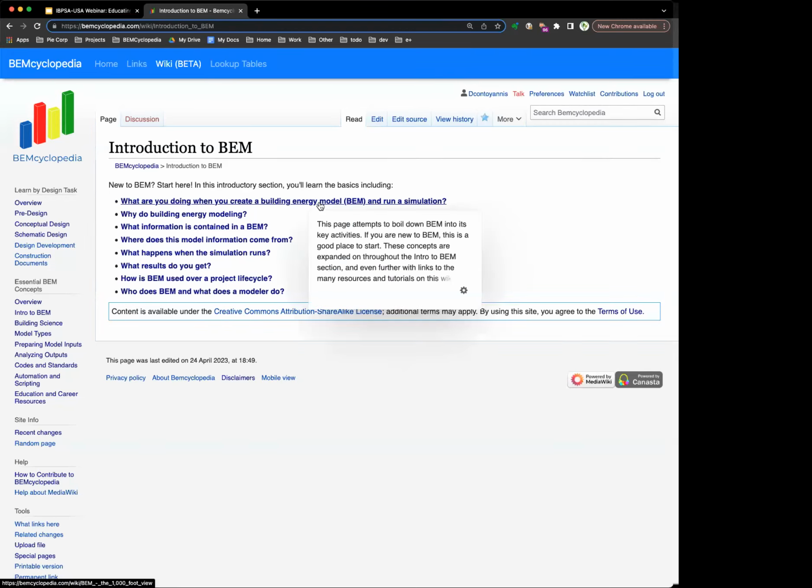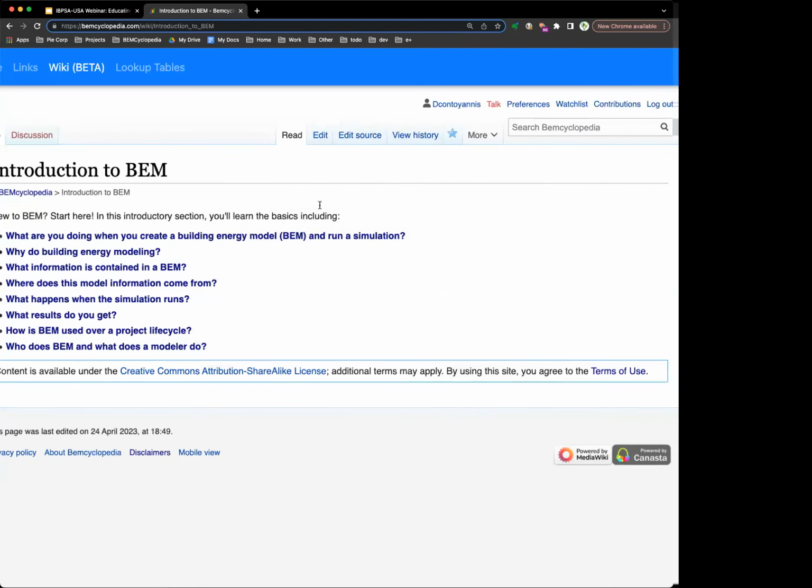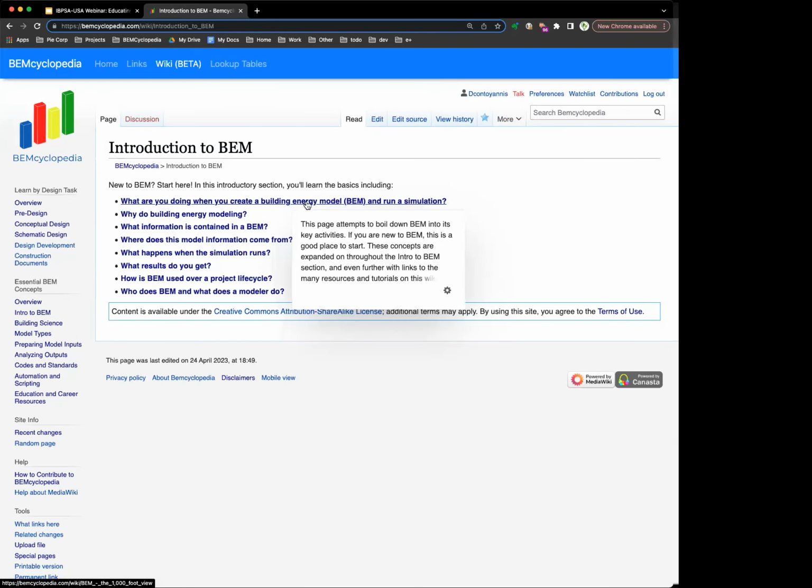So I'm going to show you a bunch of pages here. It's going to be kind of a whirlwind tour. The idea is to give you a sense of the breadth and depth of the content here. And then, when I've concluded the demo, I'll pause and allow you folks to ask questions. But if you do have questions, please feel free to put them in the Q&A box of the webinar.